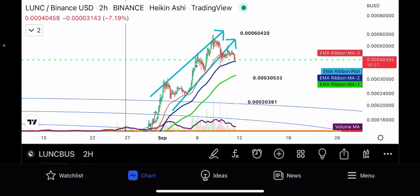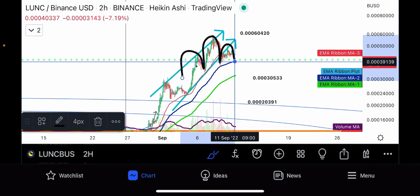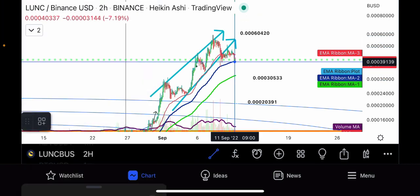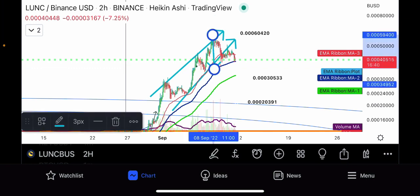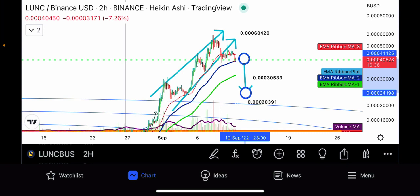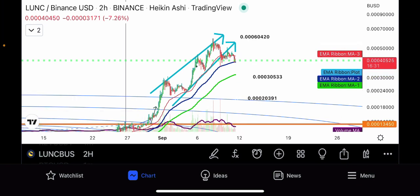But what this also looks like to me is a head and a left shoulder, a head, and a right shoulder topping reversal pattern in this rising wedge as the bears are attempting to take over the market. And a technical target out of that little formation would be like this to the neckline, which would be right about the moving average, and that brings you down to the bottom of the channel or wedge,